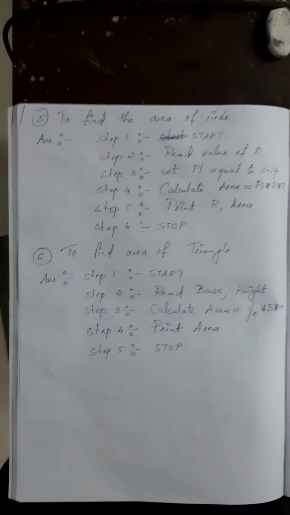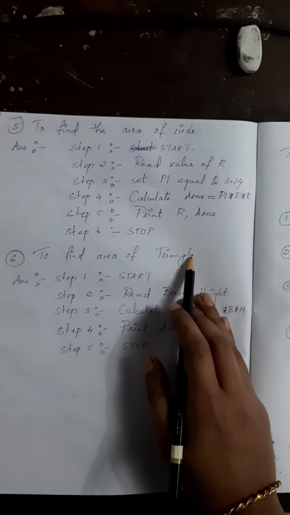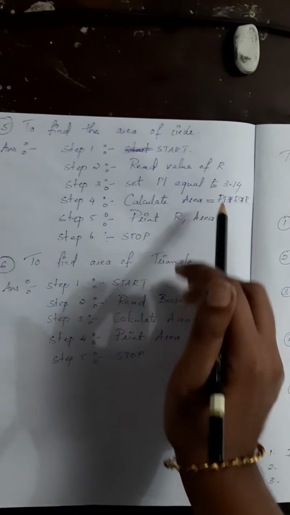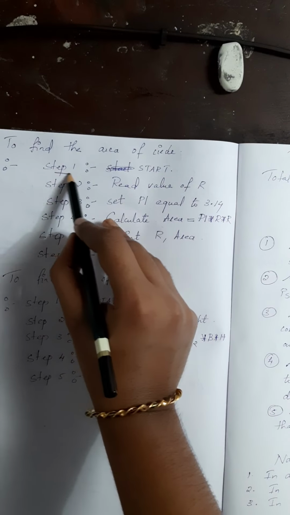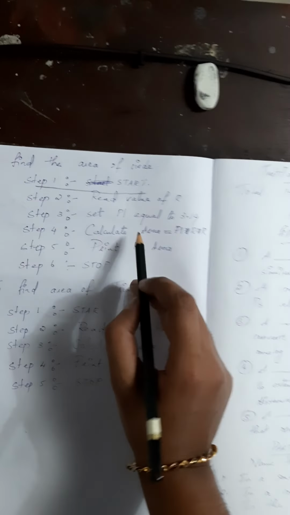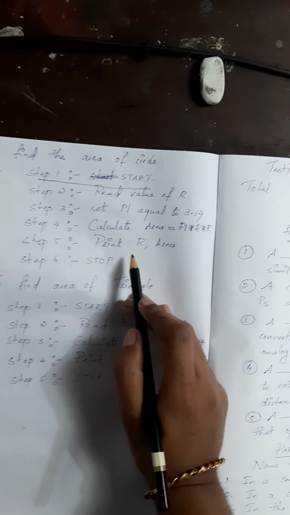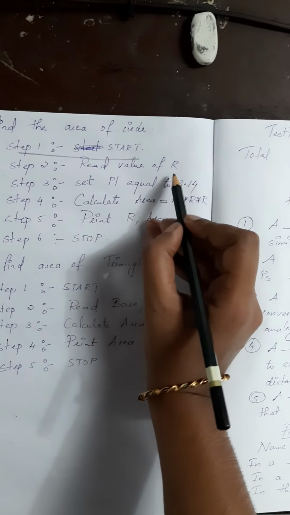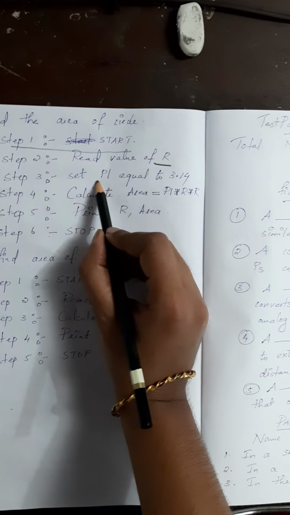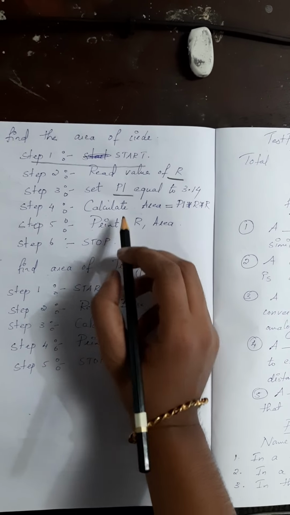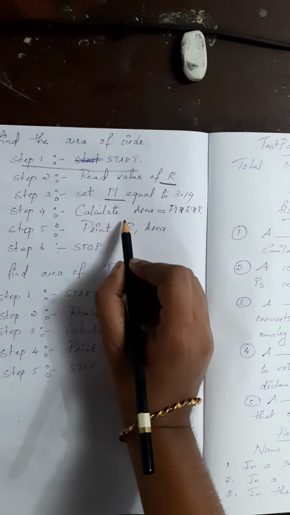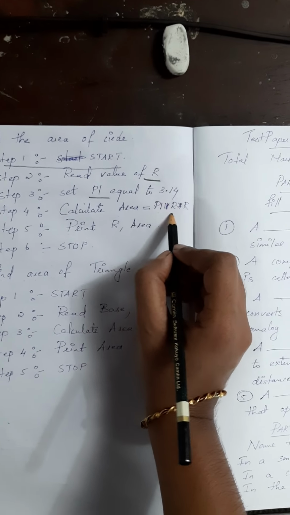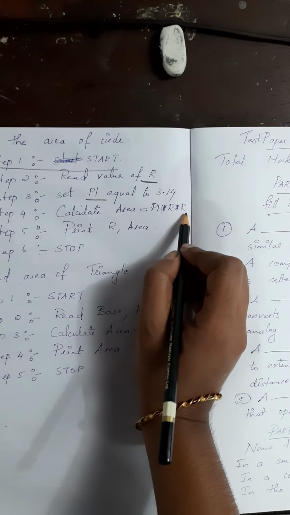Coming on to your fifth algorithm, to find the area of a circle. Here also your algorithm will start with the first statement, that is start. Then we need to give the input values. As usual, we need two input values. First one is radius and second one is pi value. Okay, and then you need to give the formula for finding the area. The formula is pi r square. That is pi r square. Okay, that is pi into r into r.